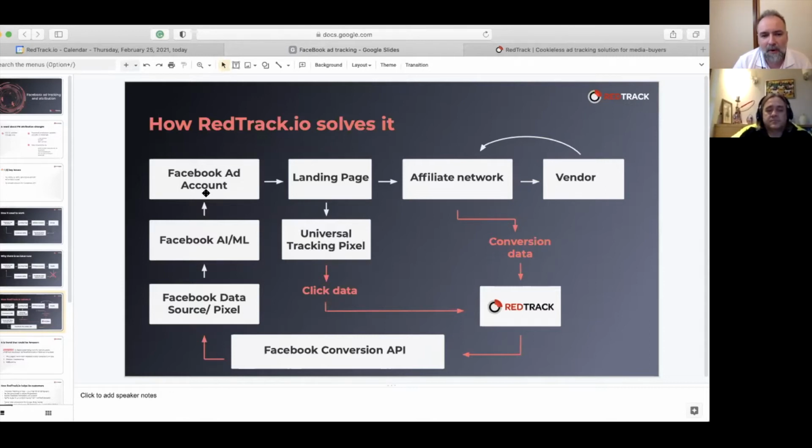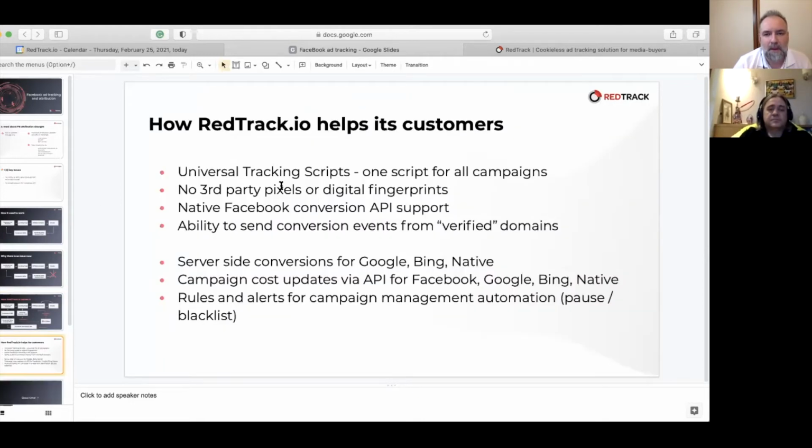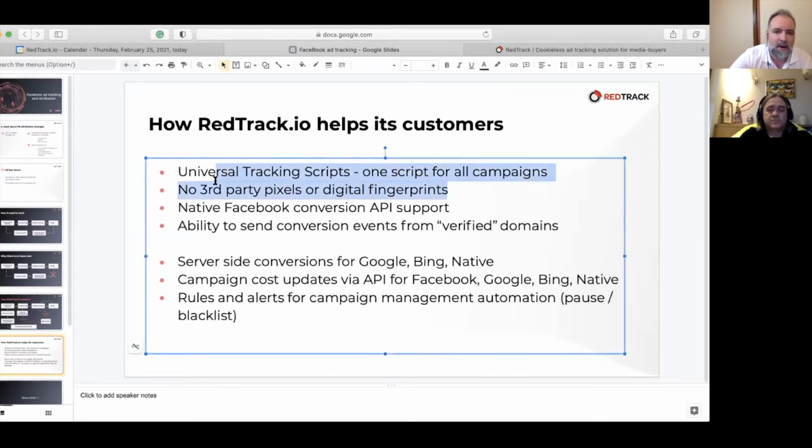There are very simple steps around it. The universal tracking script is something we put on your pages, and it will work not for one Facebook campaign or just Facebook. It will work across all your paid traffic and across all the offers you want to promote. It will work not only for Facebook, but 6 months from now, when digital fingerprints or cookies die out.